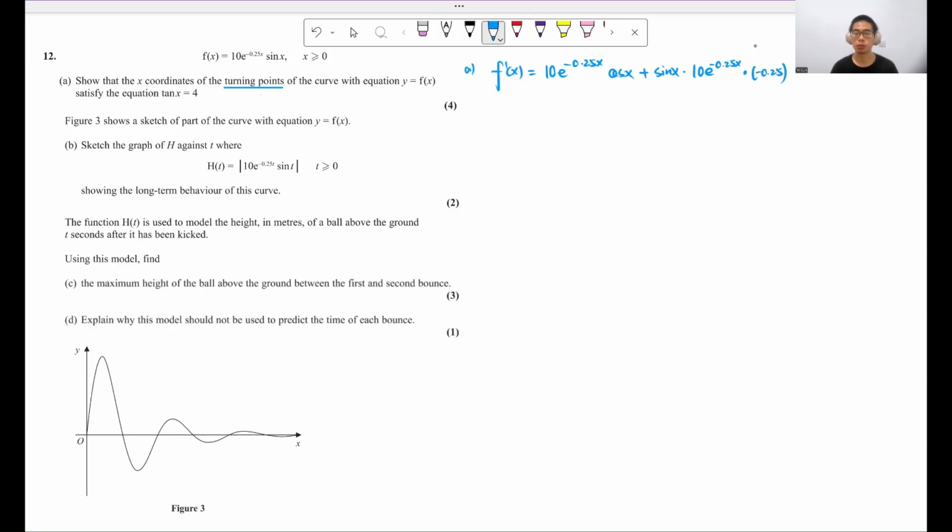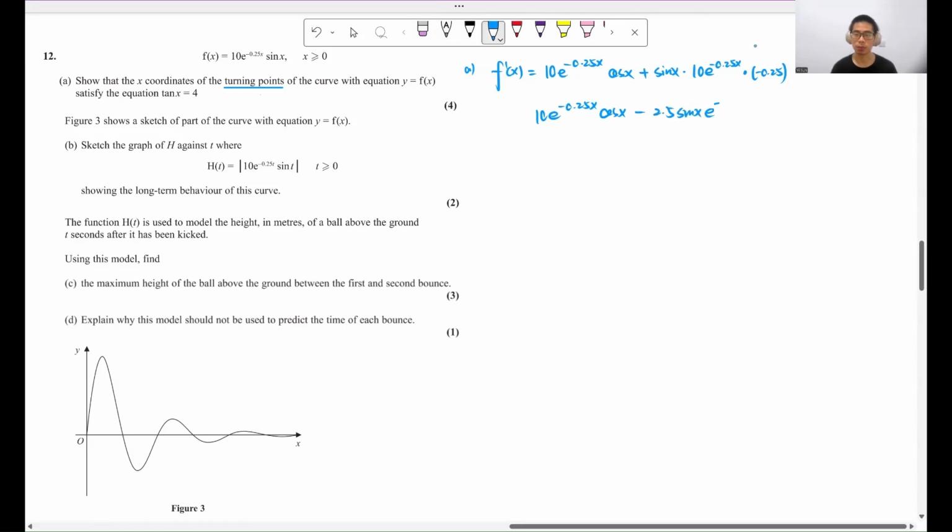Then we solve by making this equal to 0 and rearrange that into tan x equals 4. So 10e^(-0.25x) cos x, and then minus 0.25 times 10, which is 2.5,